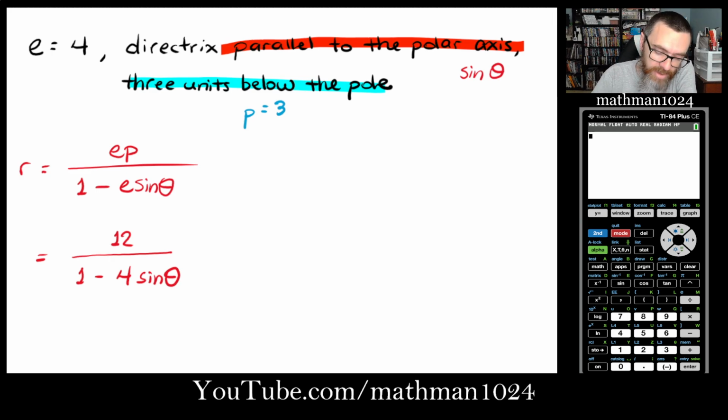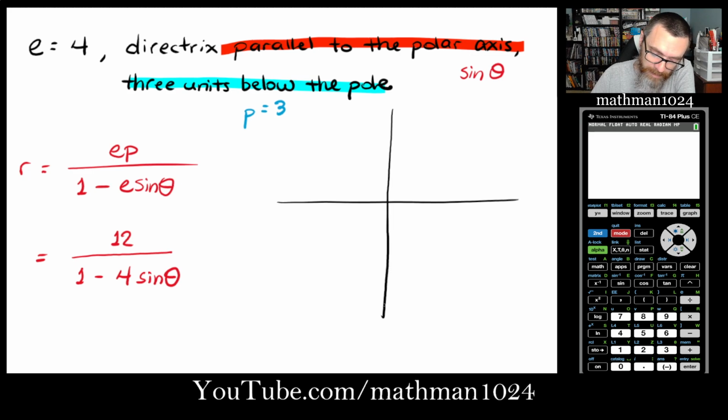So if we were to try to graph this to get an idea a little bit more about what's going on, you would see something kind of like this. This directrix is going to be 3 units below. One of our foci is going to be at the origin. That's really one of the nice things about these polar forms of conics. And if you were to plug in some values here for theta, you would find out that if I were to plug in